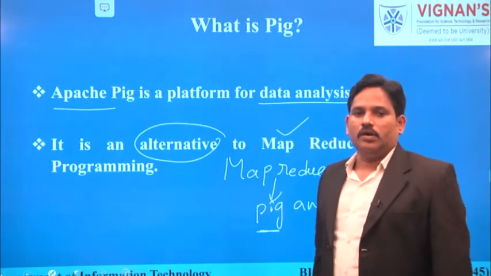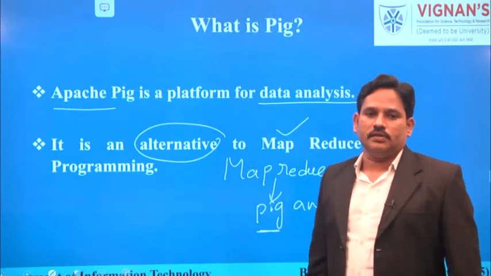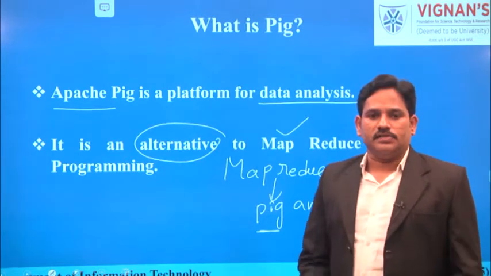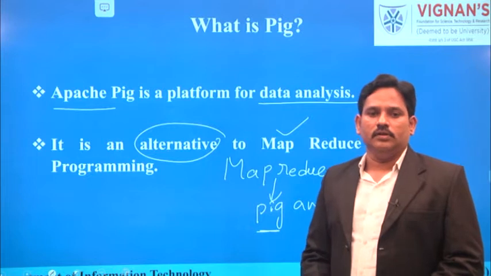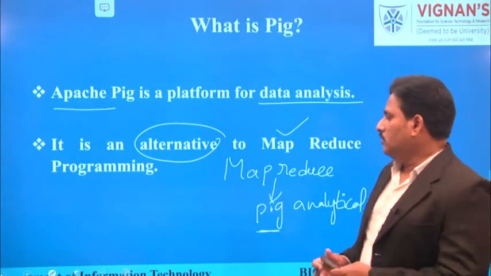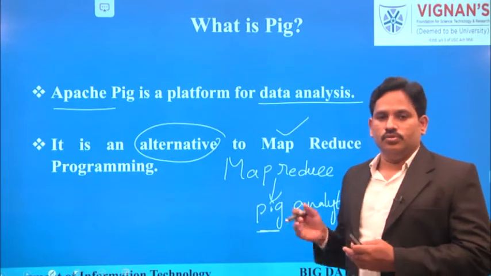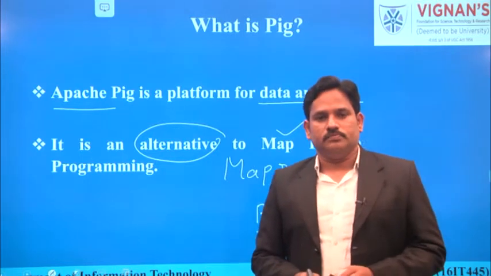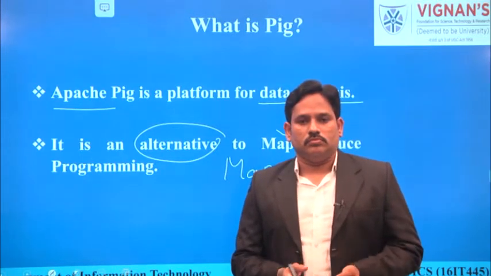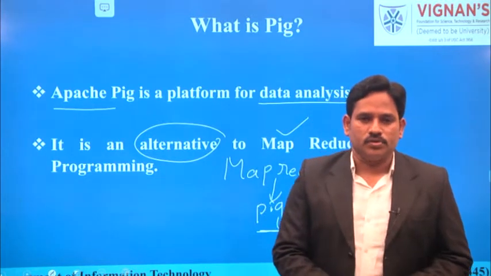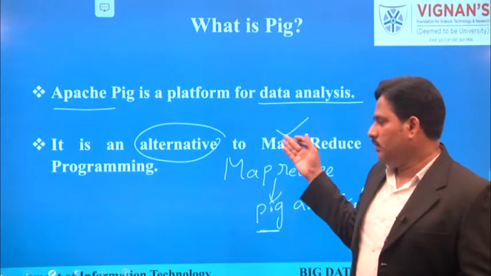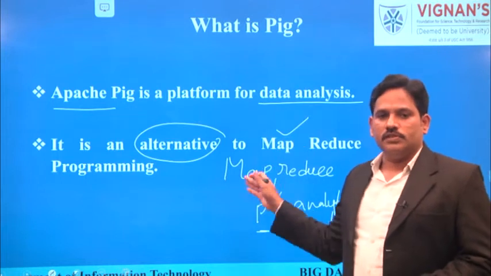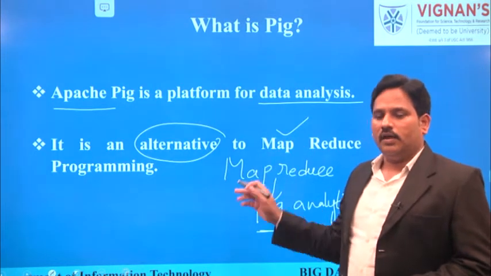That means the main objective of Pig is that we can perform basic data analytical activities either by accessing data from the HDFS environment or by accessing data from various other sources. So in addition to MapReduce, we can also use Pig, because Pig is one of the sub-projects of the Hadoop ecosystem. In Hadoop we have two main modules, HDFS and MapReduce. In addition to these, we have some more sub-projects. Among those, Pig is the project used for data analytical activities.